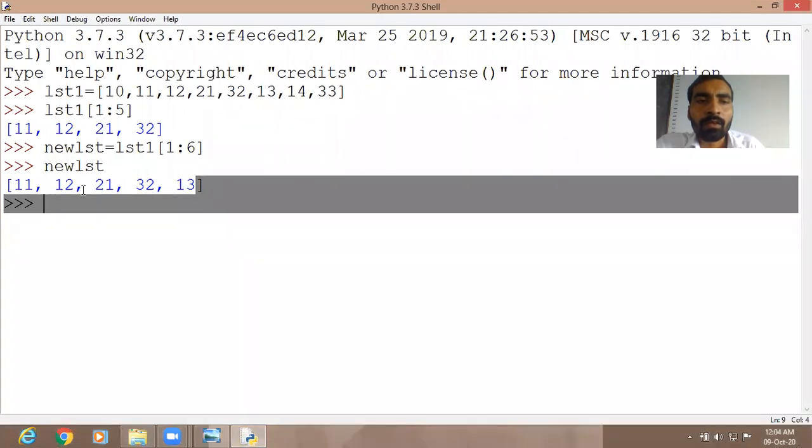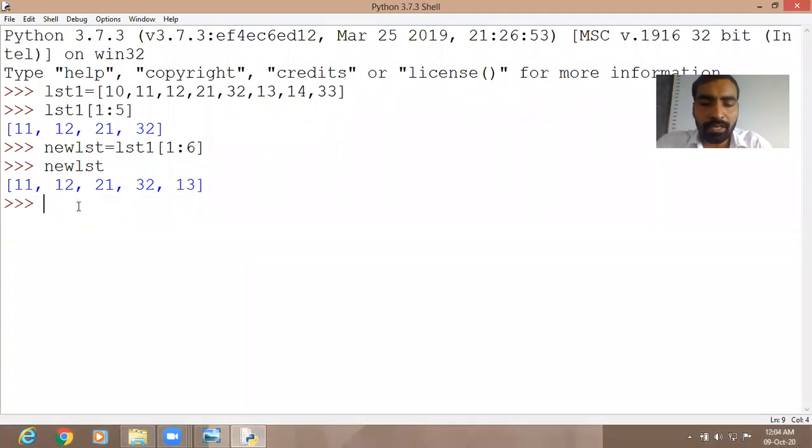See here, we have LST1. From LST1, suppose I want the values at index one, then at three, then at five, and then at seven.